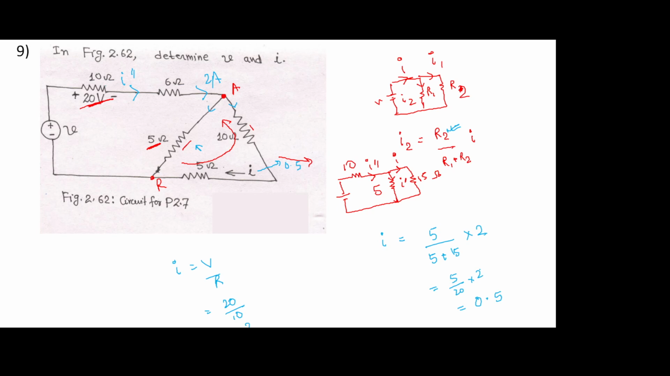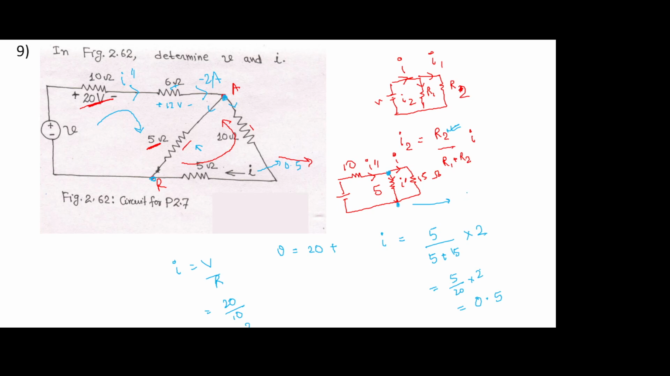Now to calculate this voltage, you can use KVL, or you can simply calculate the voltage drop across each of these resistors. So just by applying KVL, you can get V will be equal to, like it is given here, 20 volt plus 6 into 2. Voltage across this resistor will be 6 ohm into 2 ampere, right? So it will be plus 12 volt. Now across A and R, since you know the current and you know the resistance, the voltage drop across these two will be